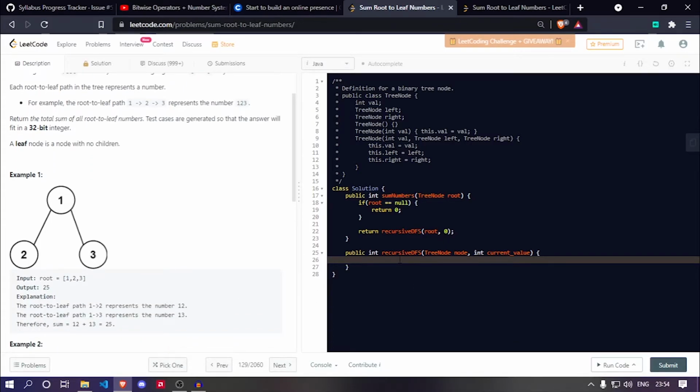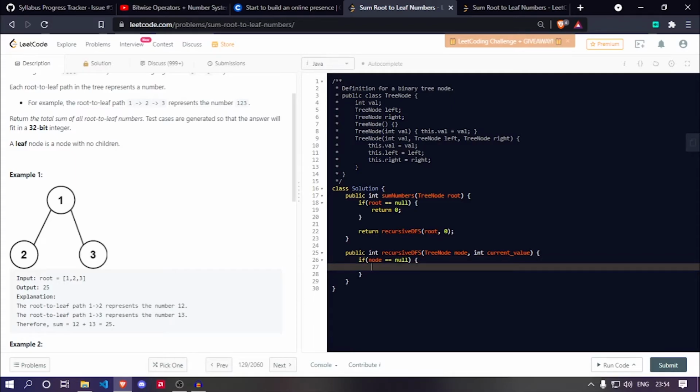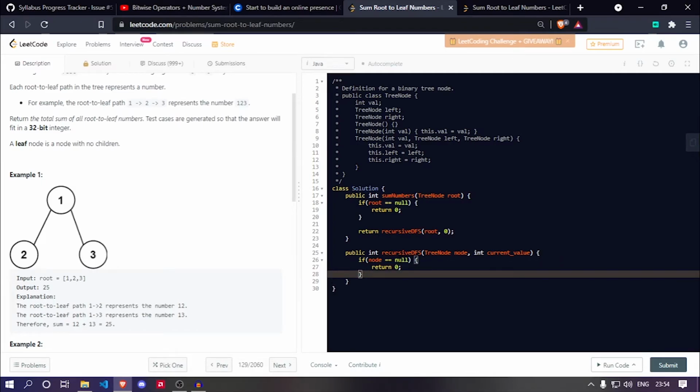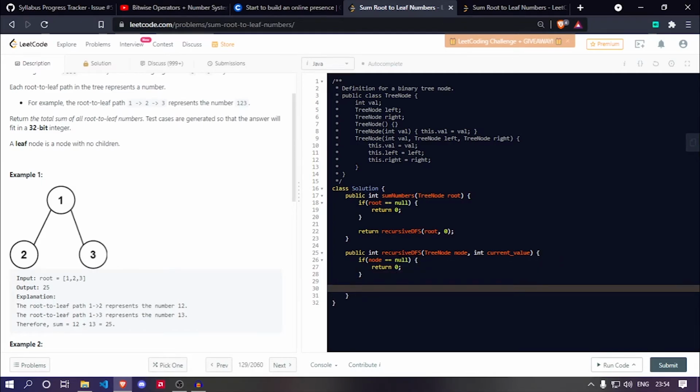So first we need to do the mandatory check, which is mandatory for all three approaches: if node equals null, then we return 0. Now we need the value of the subtrees, so we return the recursive call, and for that we have a current value which is initialized to 0.